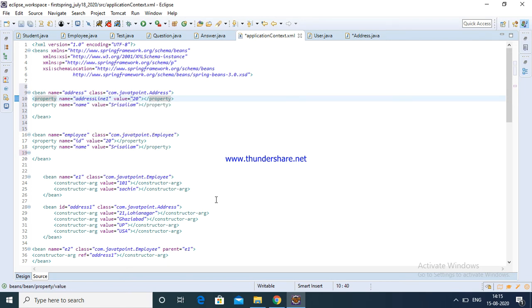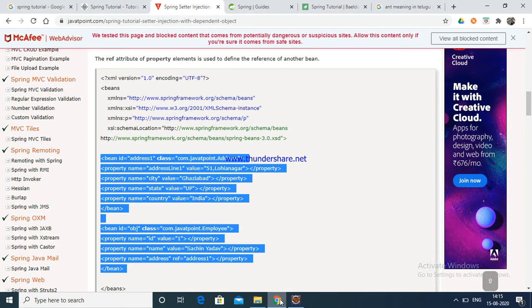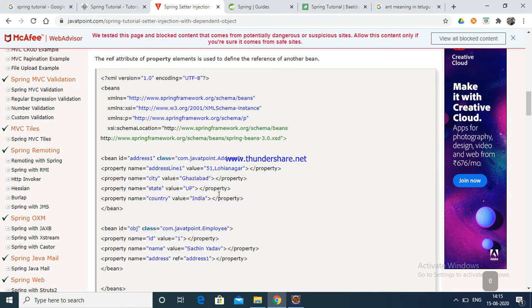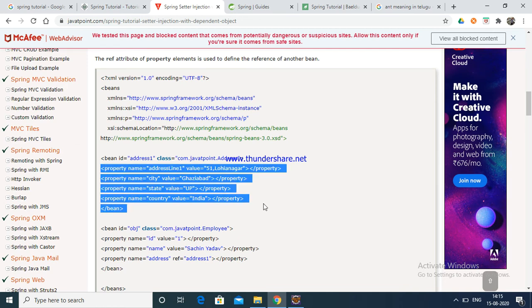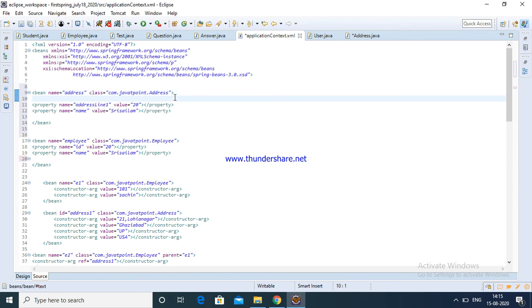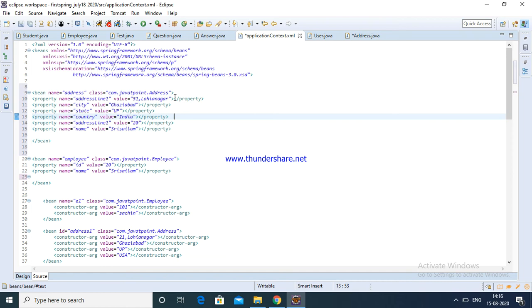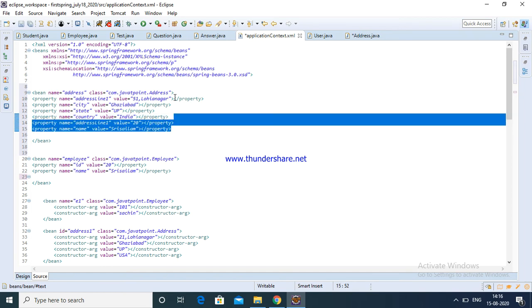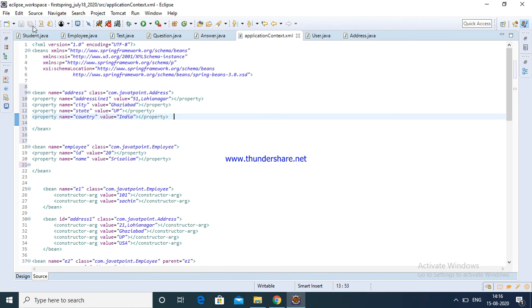Otherwise I am going to copy and paste these values.